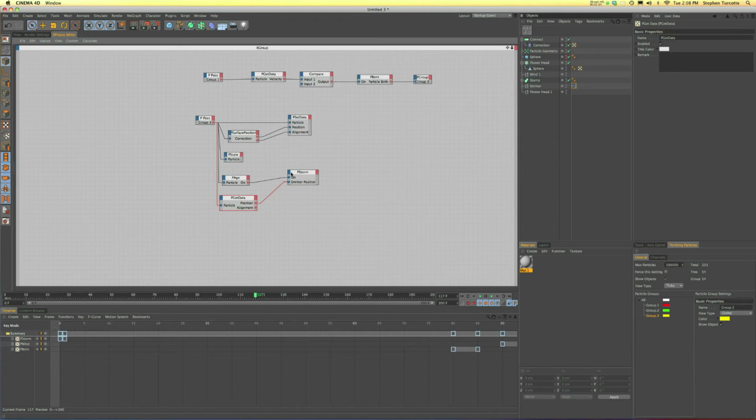Move that up, make it nice and neat. Emitter alignment. There we go. So now, when those particles die after 20 frames, these ones are going to start emitting,